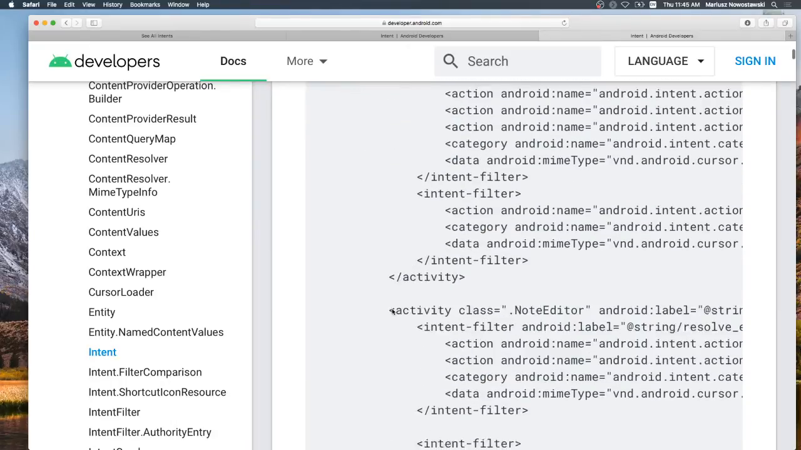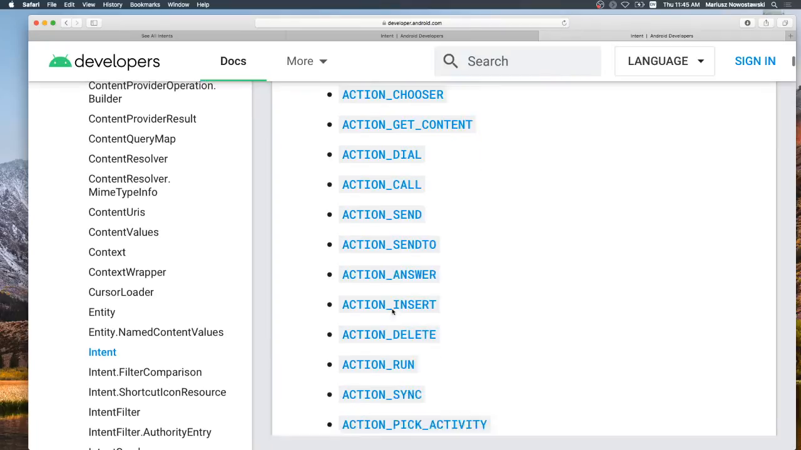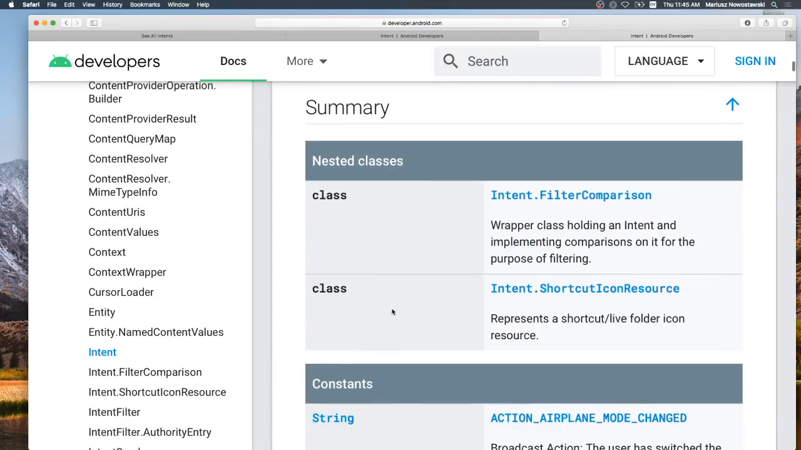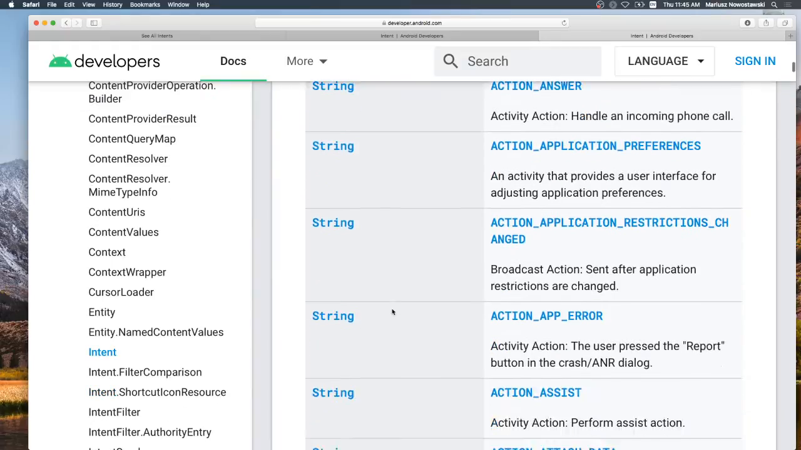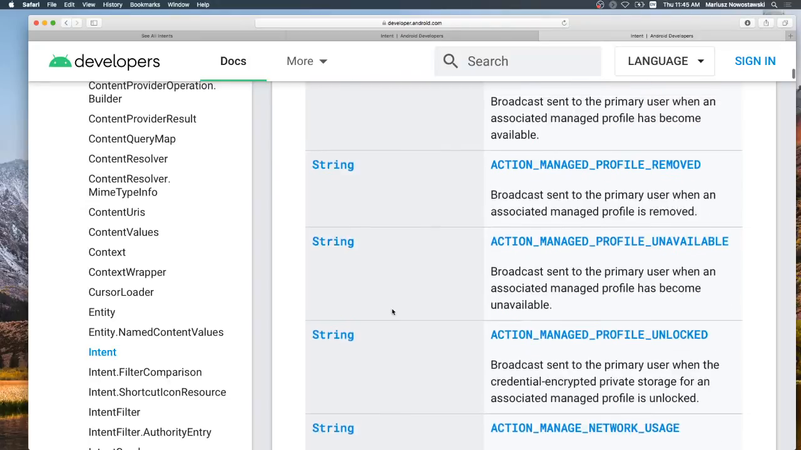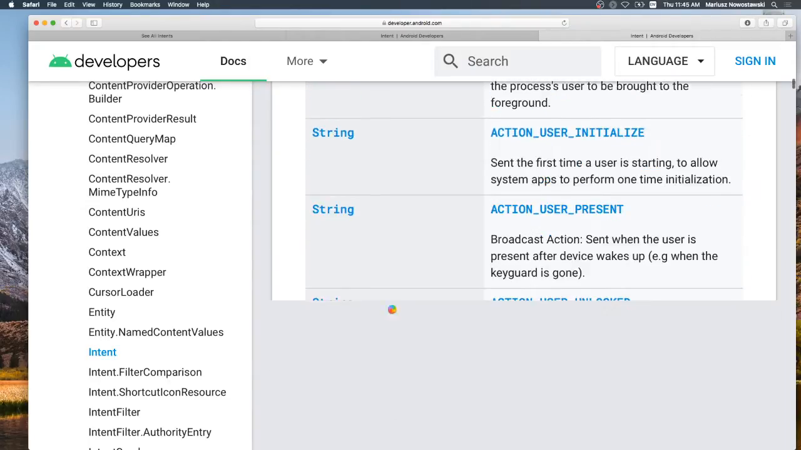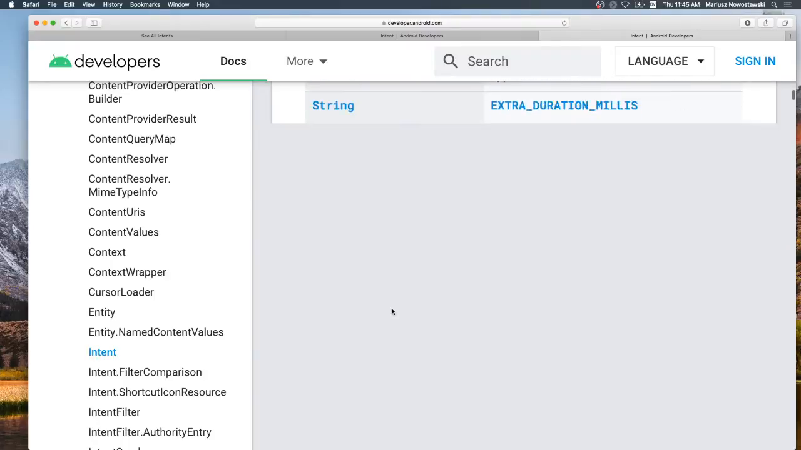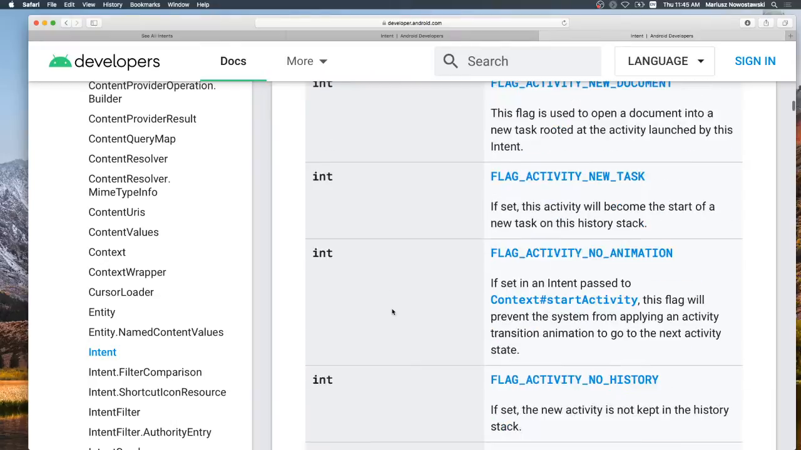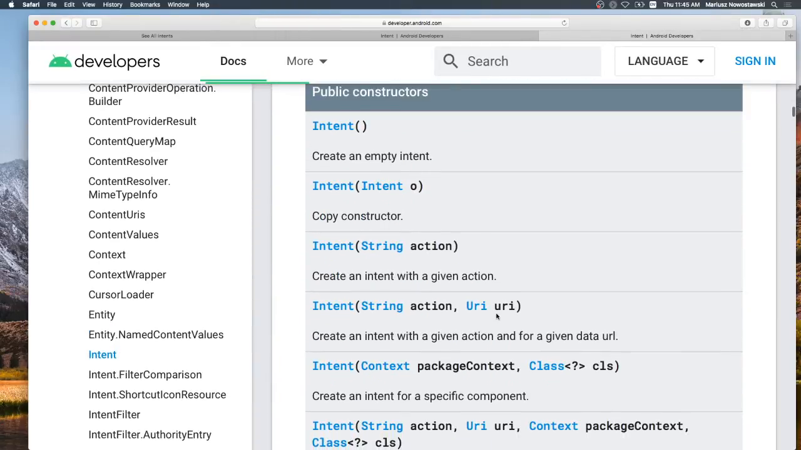Where is it? So much scrolling. So if you go to this constructor again, this class has loads of constants, yes. So here,